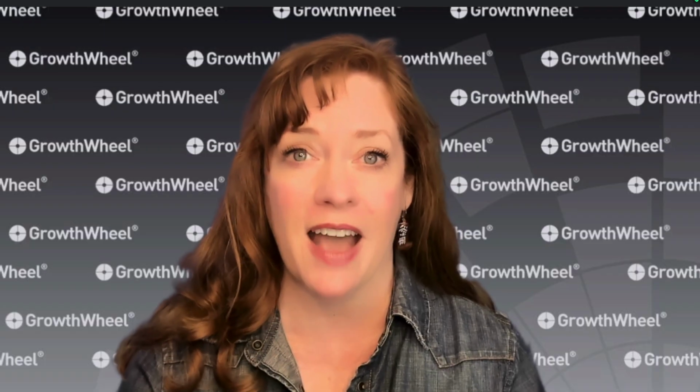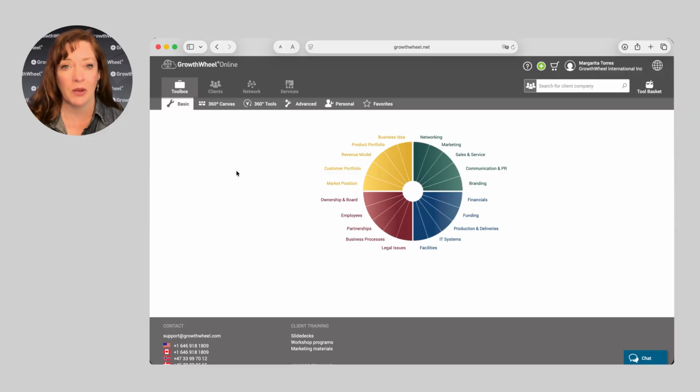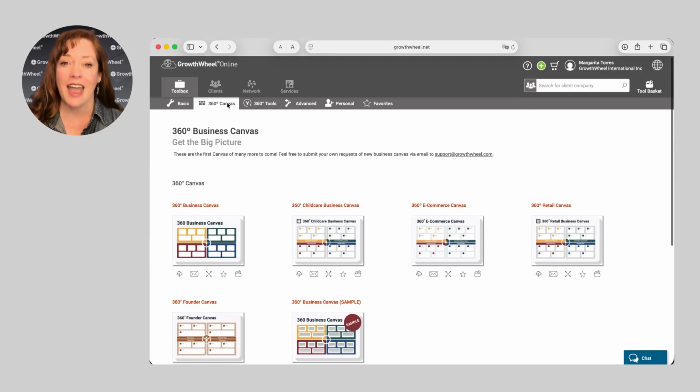The 360-degree business canvas and the new industry versions have become the main starting point for many advisors working with clients. Now all 360-degree canvas tools have their own dedicated page for easy access. You'll find a new submenu in GrowthWheel Online called 360-degree canvas, where you can quickly browse, download, and share all